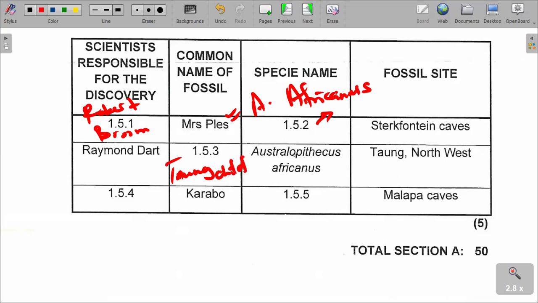The Taung Child was also Australopithecus africanus, at the fossil site of Taung, in the North West. I'm sure that you remember that this was discovered by Dart,